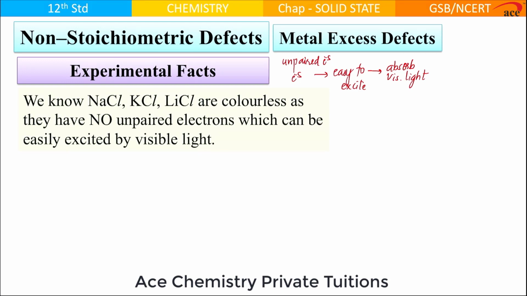But we are aware, if you take an example of NaCl, then this is like neon and this is like argon. So, they do not have unpaired electrons or electrons easy to excite. Therefore, NaCl, KCl, lithium chloride crystals are always colorless, or you see them white. But